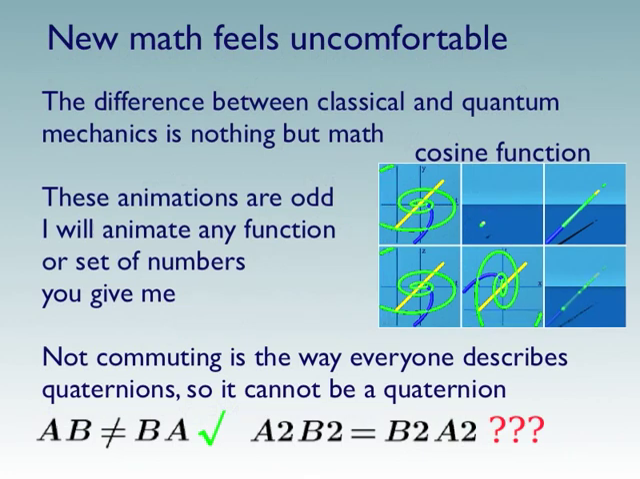So new math should feel uncomfortable. I mean, figuring out the difference between classical and quantum mechanics, claiming that that has nothing to do with anything other than math, is certainly kind of a new position to take. There are books and conferences on the Copenhagen interpretation or the many worlds approach, and people passionately believe in their own